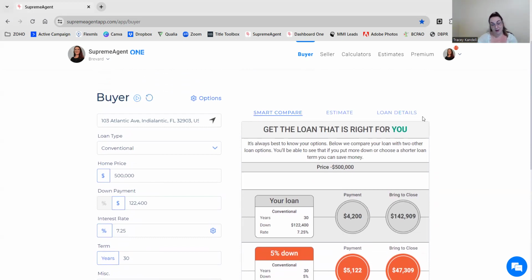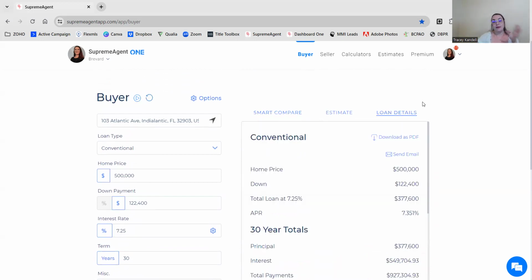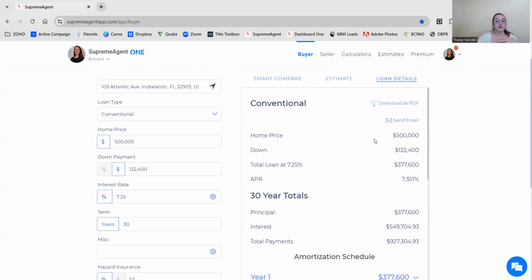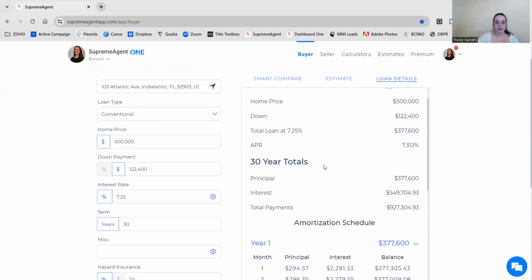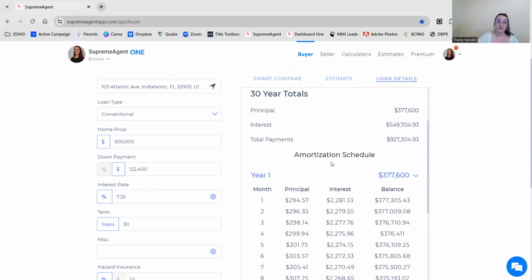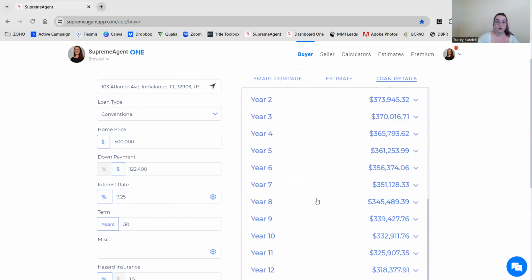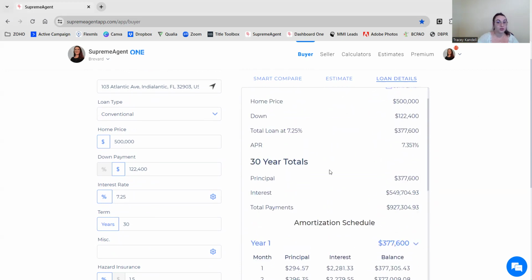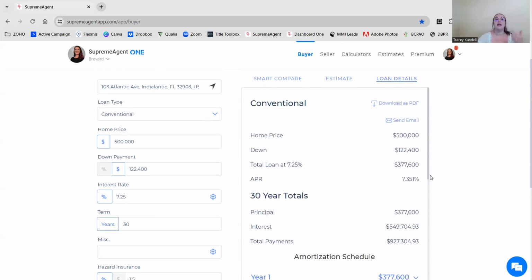So on the other side of the estimate, if we had swiped right, now we get to loan details. So this breaks down the loan that we ran over here, showing everything broken down, including a full amortization schedule, which is pretty cool. I know investors really like to see that. Lawyers like to see that. Engineers, sometimes doctors, all the smart people. So going back to my estimate,